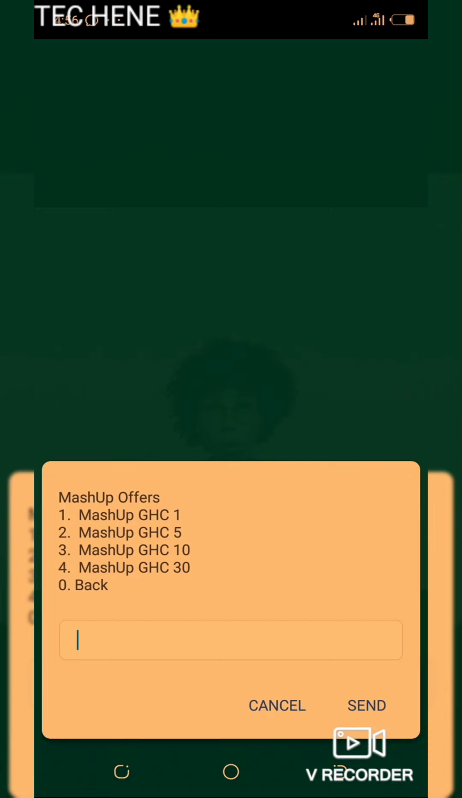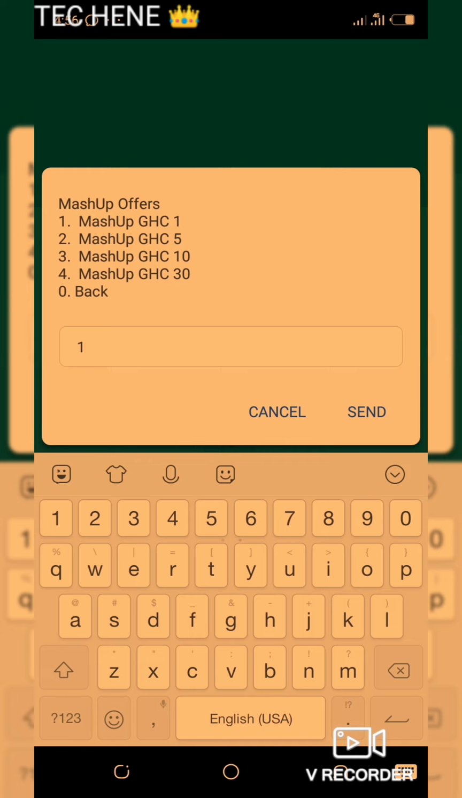Yeah, so mashup offers: 1, you have 1 cedi, 2, 5 cedis, 3, 10 cedis, 30 cedis. So mashup, so we choose 1. Yeah, so you have the offers here. Mashup offers: 1 is 1 cedi, 2, 5 cedis, yeah, blah blah blah. So we actually choose 1 cedi,